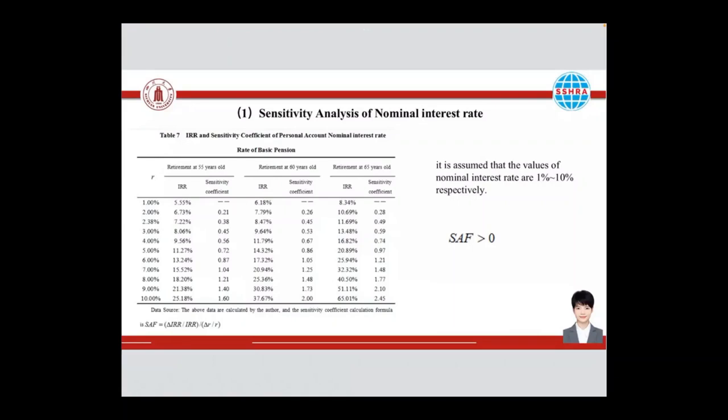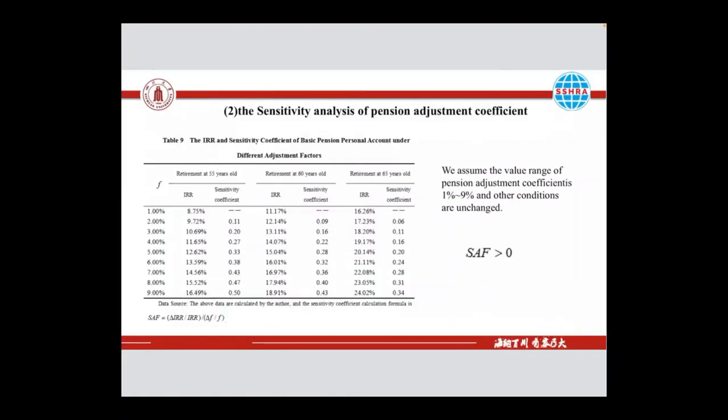As can be seen from Table 7, the sensitivity coefficients of the IRR of different basic patient personal account interest rates are all greater than 0, which means that the IRR is positively correlated with the basic patient personal account interest rate. By analyzing the IRR formula, we can see that the adjustment coefficients of patient will directly affect the